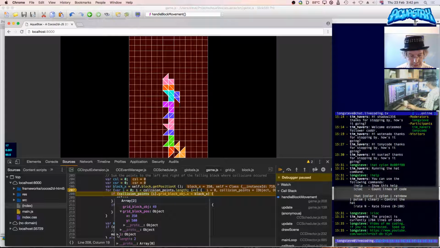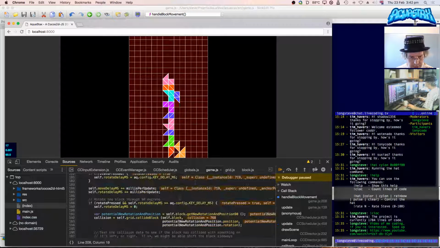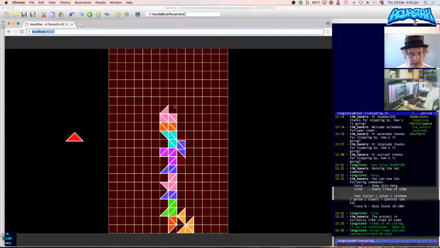Yes, I know what I've got to do. I've got to take into account the fact that the block is shifted along. How do I do that? How do I get the left and right edge of the block that's falling down? I know I've done that before. You'll notice the block is within the right hand.